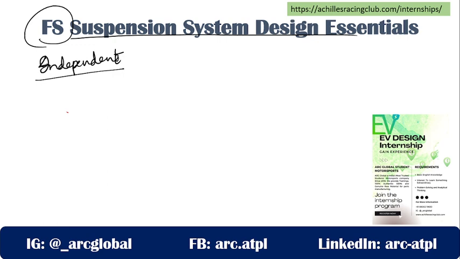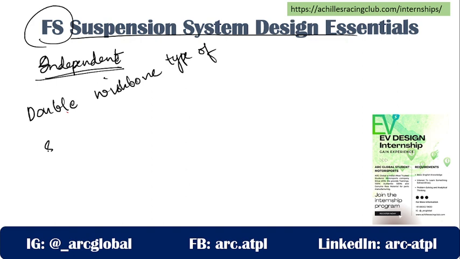Okay, so let's move forward. Independent type of suspension system. Now, even in the independent type of suspension system, there are plenty of suspension systems that you can use in your vehicle. In this particular lecture, I'm just going to talk about the double wishbone arm. Double wishbone